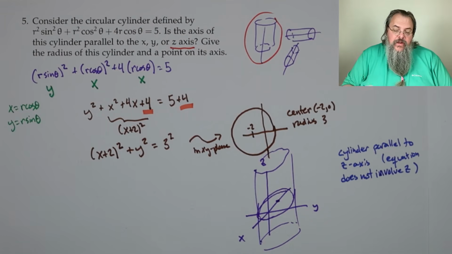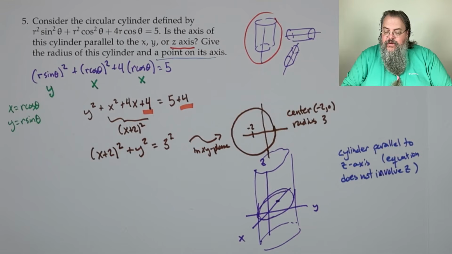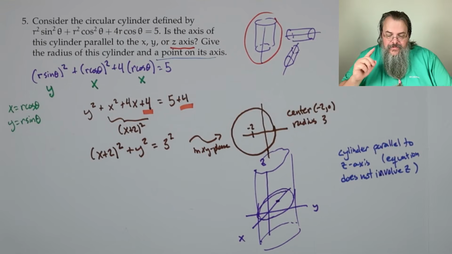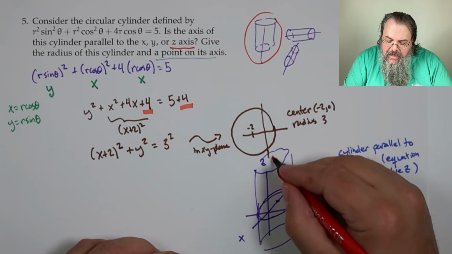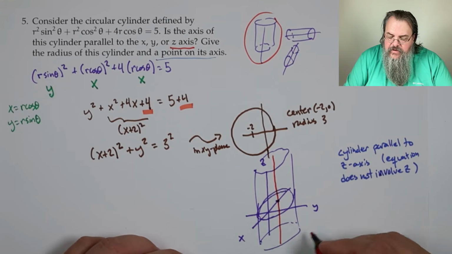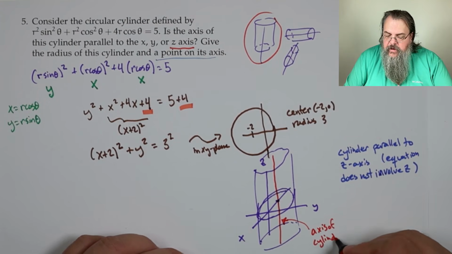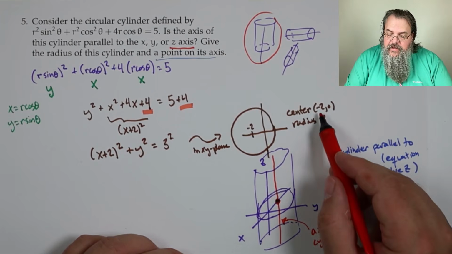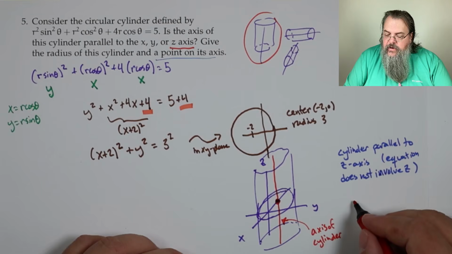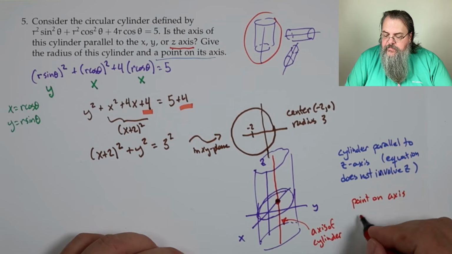Now, we're also told give a point on the axis. Now, not the z-axis, right? Where we mean the following. This is the axis of the cylinder. That's what we're after. So how do we find it? Well, we have that point. So where is that point? It's at -2, 0. So a point on the axis of the cylinder